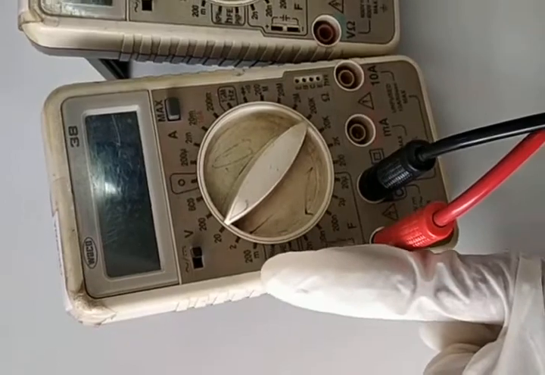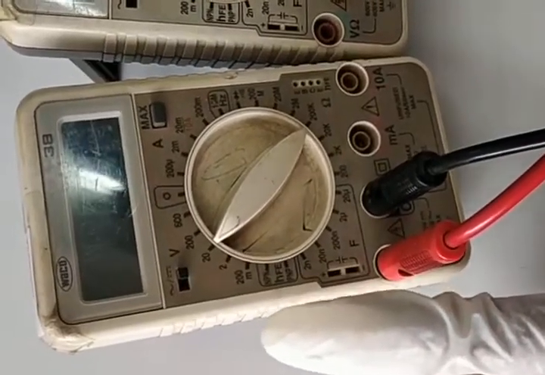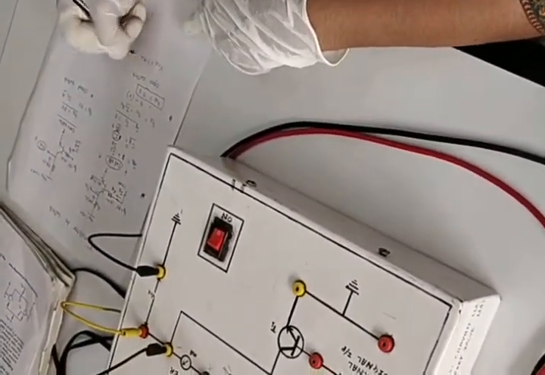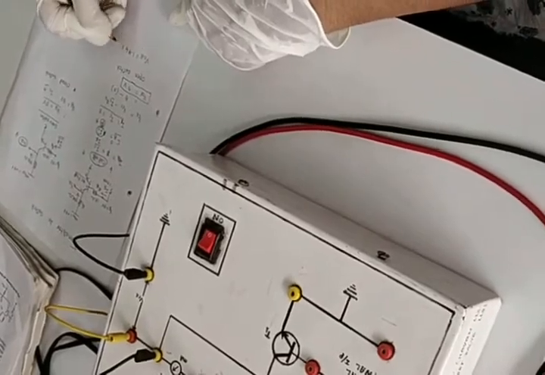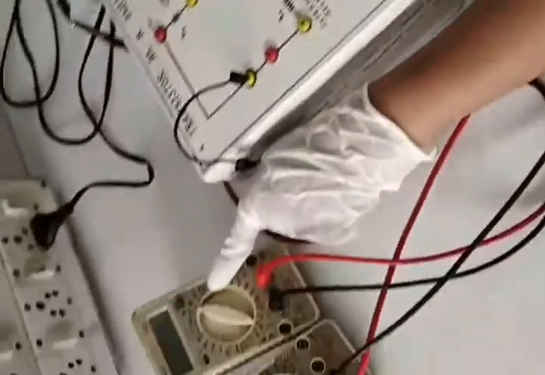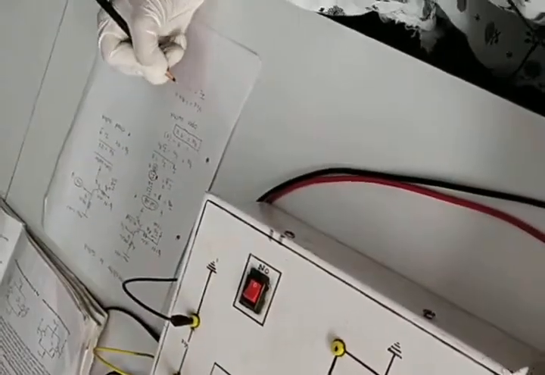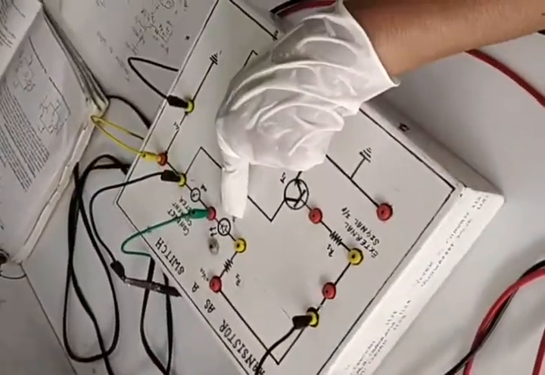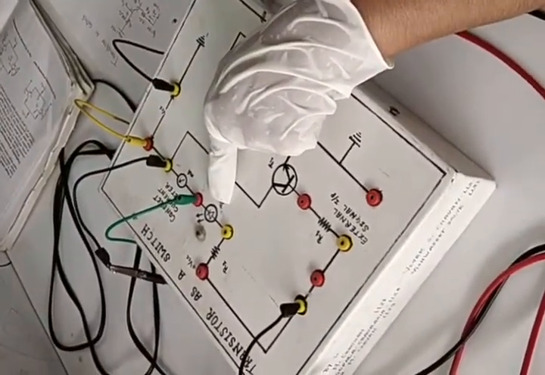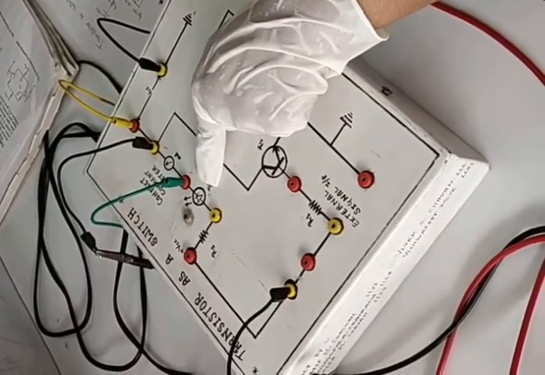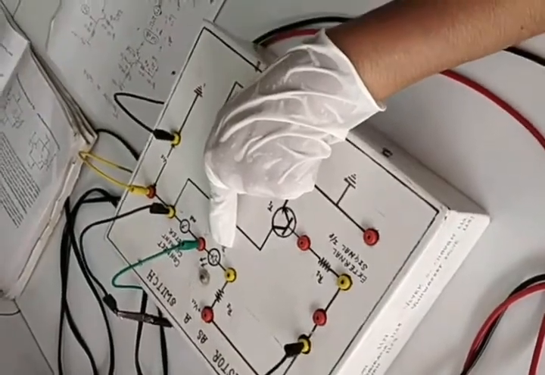So it is going to lower a bit, and here I can observe that I am having my VCE voltage equal to 1.94 volts. And you can observe the current meter, that is IC current. It is showing you the current to be equal to 0 milliamperes. And what is the LED status? It is in off state, which indicates that your transistor is acting as an open switch.